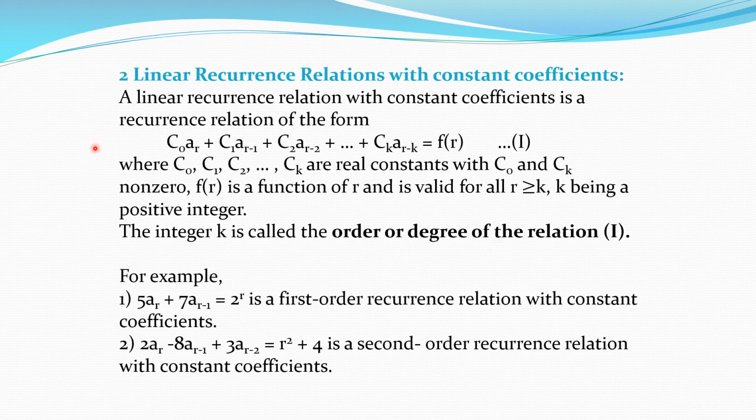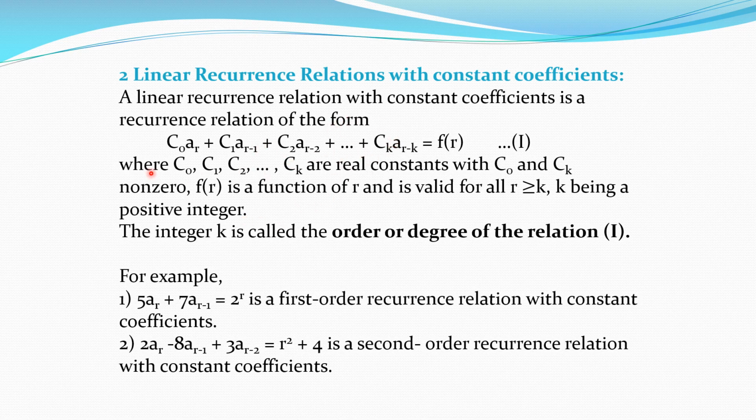Now see here, C0, C1, C2, Ck, all these are multiples of a_r, a_(r-1), up to a_(r-k) respectively. These are nothing but terms of that sequence for which the recurrence relation is obtained. Now C0, C1, C2, Ck and so on, all these are constants, meaning they are real numbers, out of which C0 and Ck are non-zero. Now what is the right side? f(r), it is a function of r. It means it may be r, r square, r plus 2, 2r plus 5 like that,